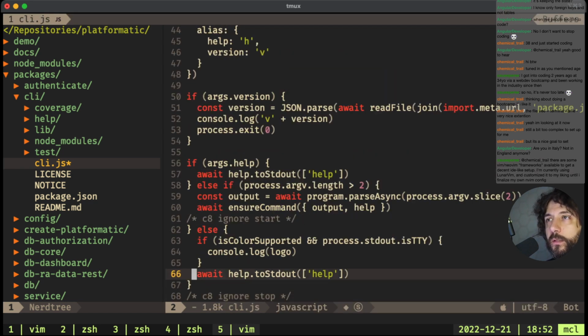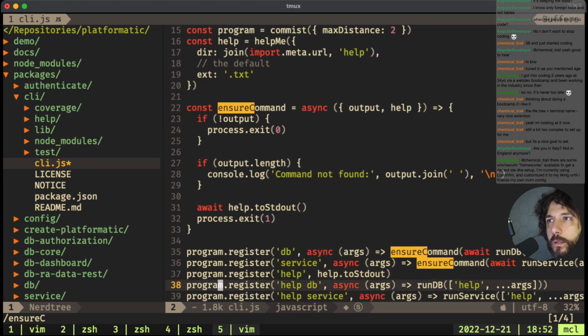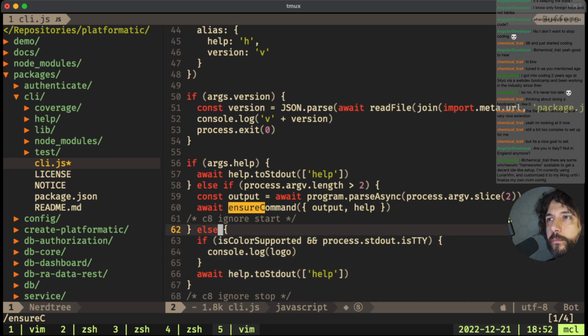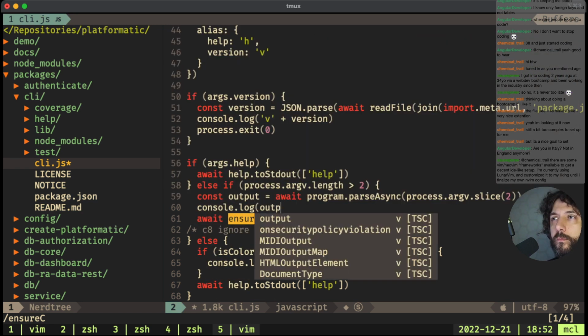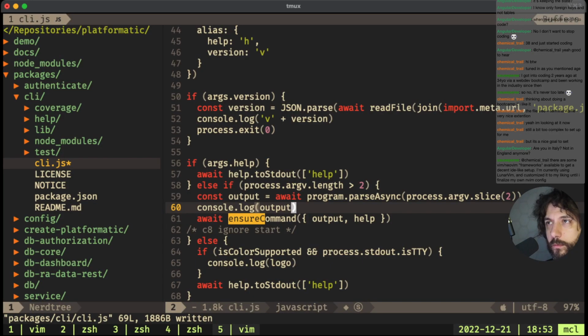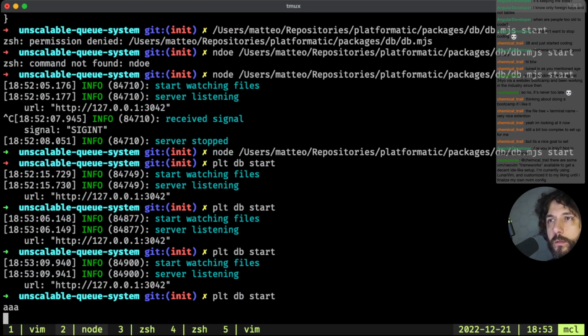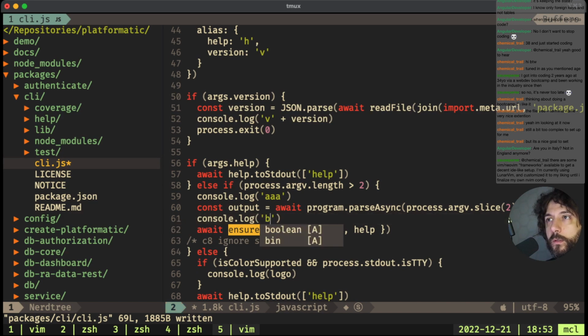And in here, and in here, and ensure command. Okay, it's passing through here.